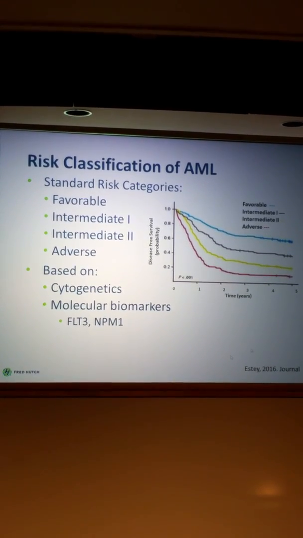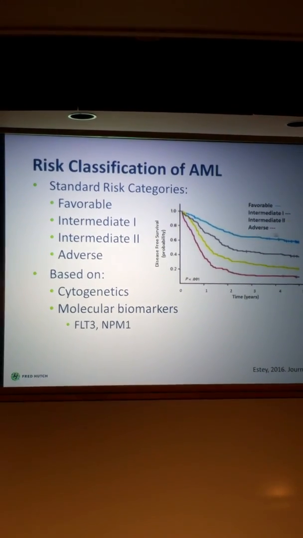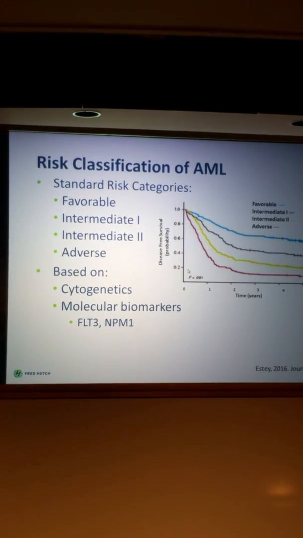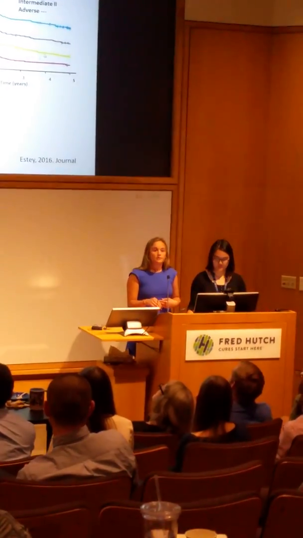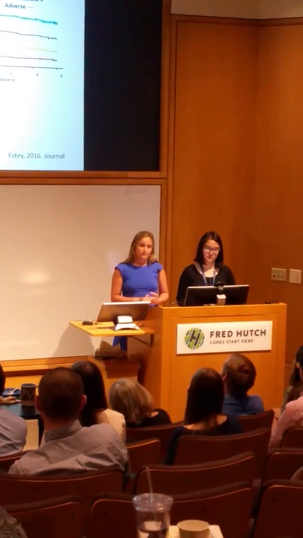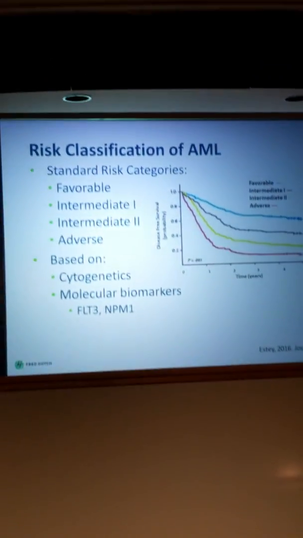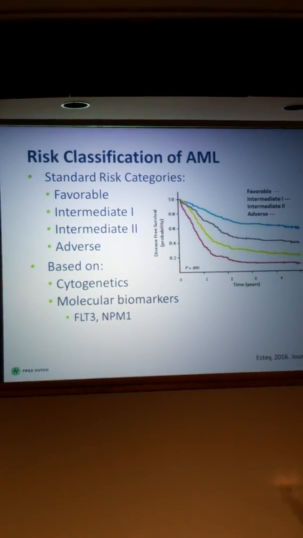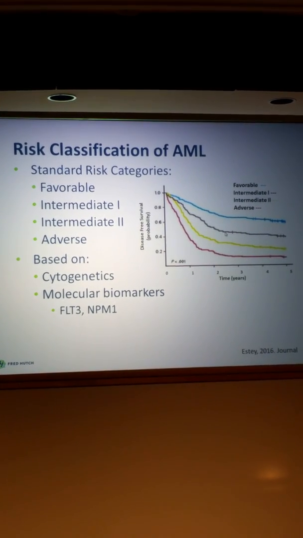who will most likely respond well to treatment and in many circumstances not relapse. On the other hand, you have adverse. So these are people, on the bottom, you can see the red line, that will most likely respond poorly to treatment and in many cases need more experimental treatment or bone marrow transplantation. The two lines in the middle, the yellow and black, represent the intermediate categories, either intermediate 1